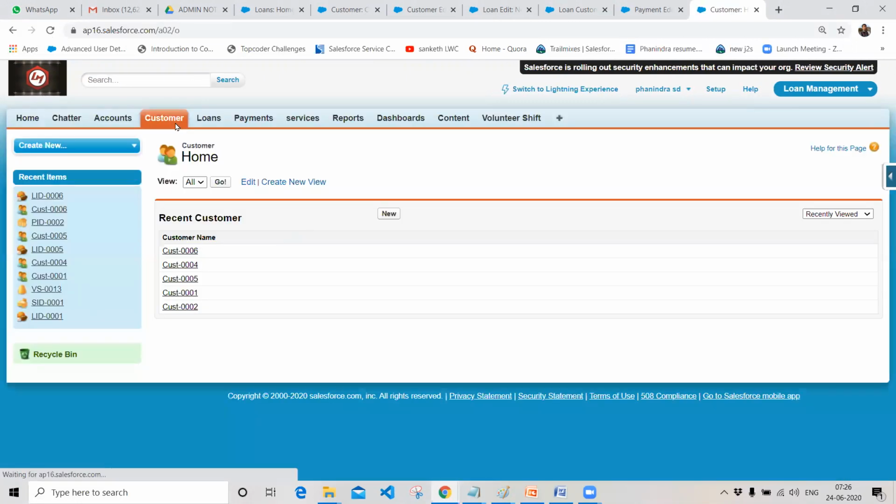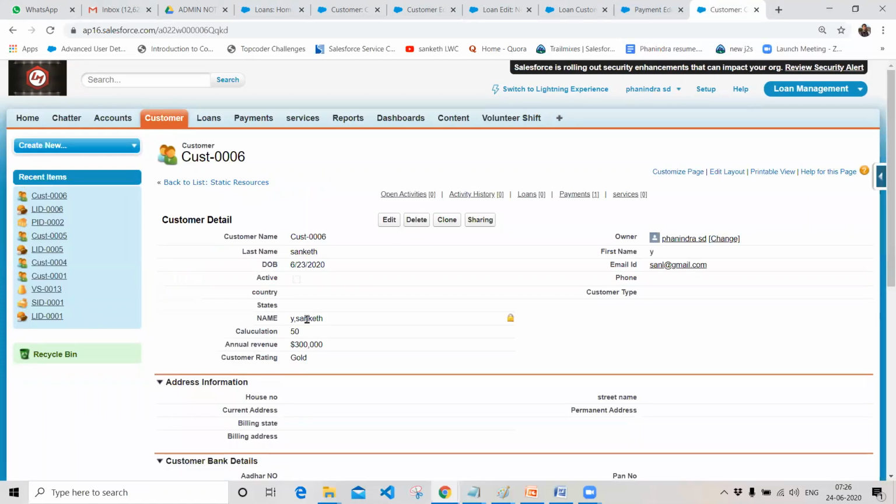The first formula that we created was concatenating between two fields, like the name field. But why do we have to go for the cross-object formula fields? You can ask me a question like, can we not use the same formula over there and get the field over here? You cannot get it, because it is in another object, and you want to show the same name over here in a different object.